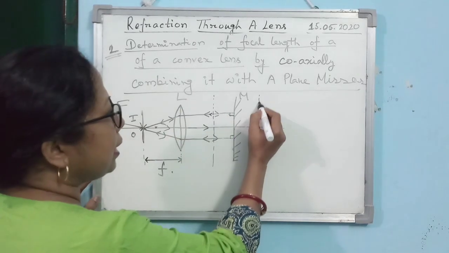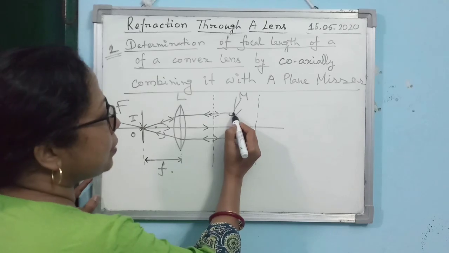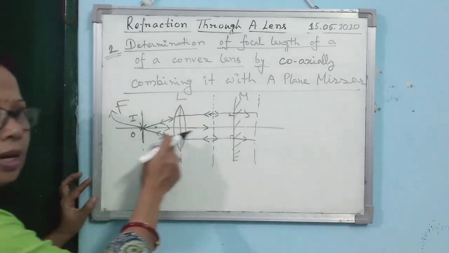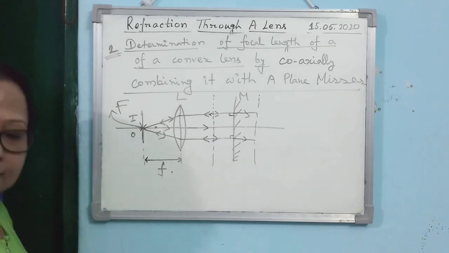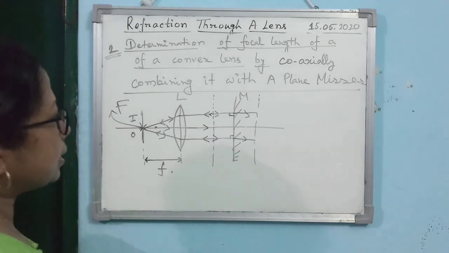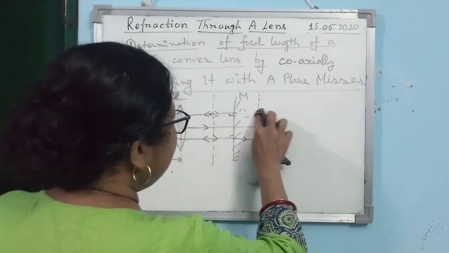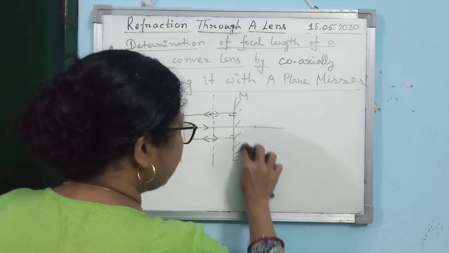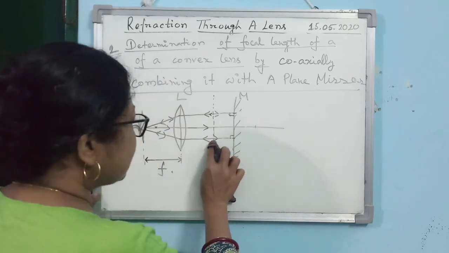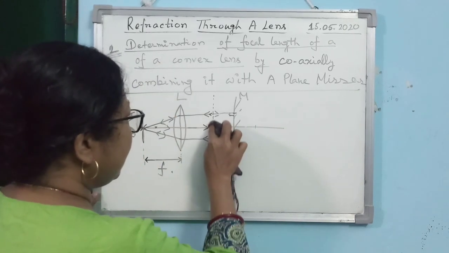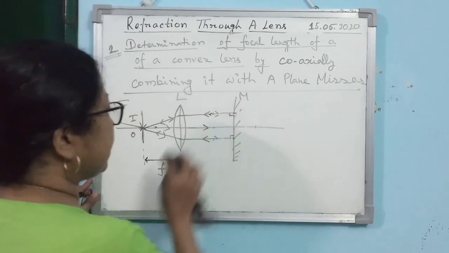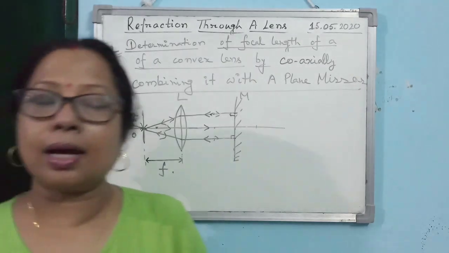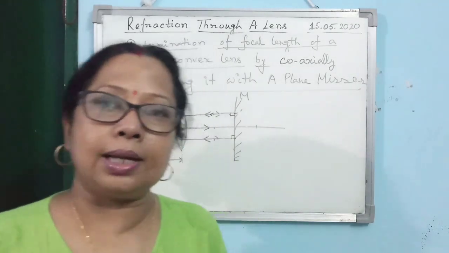Now, if I move the mirror here, then what will happen? Simply the light will travel a little more distance and again it will retrace the same path. So what does it mean? What will be the answer? That no, if the position of the mirror is changed, as mentioned, there will be no change in the position of the image as well as in the measured focal length.